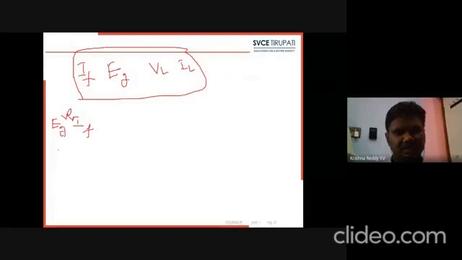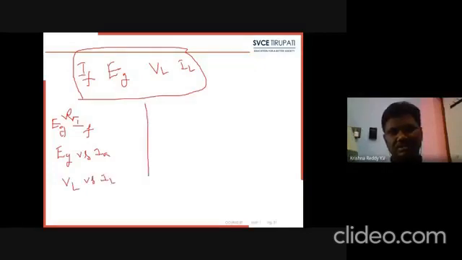Next one is internal characteristics. Internal quantities are Ea versus I. External characteristics are VL versus I. We already studied how the EMF is induced as the field current increases. When the field current is 0, it produces some residual voltage due to residual flux. It will increase up to its rated voltage.